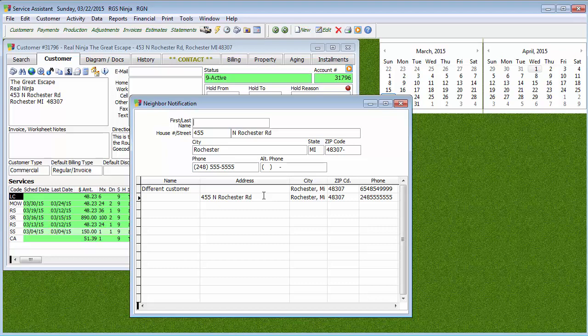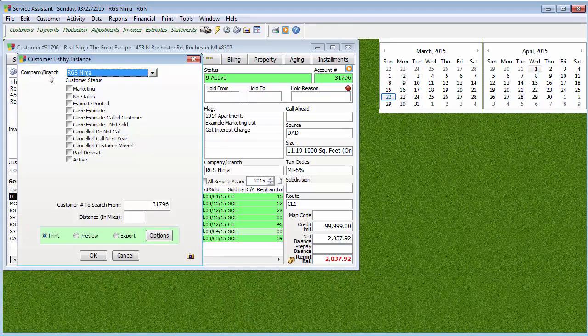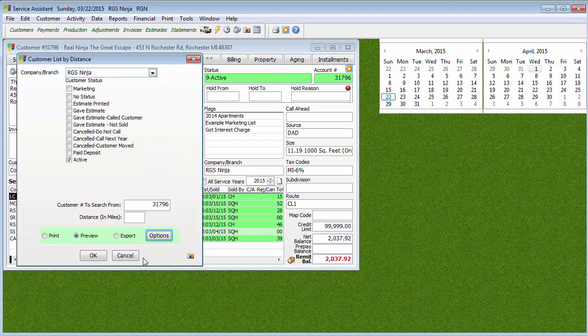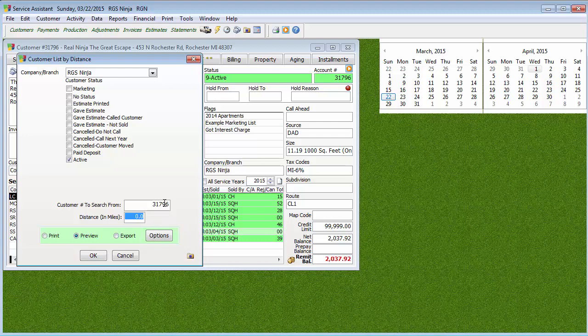Now, one thing you may want to do, and this is kind of a tip or trick, is take that sensitivity list and add them as customers in the system. Once they're in the system and you geocode them, which means you have to have Mapping Assistant, then you can say, I want to find all my customers within X amount of miles, and you would use a customer flag, maybe like pre-notification required. With that flag, you can generate a report, and it's going to show you all the people in there, so you know who to add to that